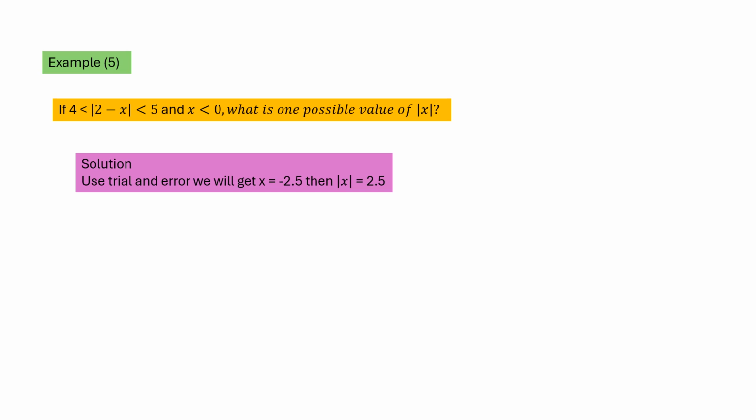But if you put negative 2.5, so 2 minus negative 2.5 will be 2 plus 2.5. So 2 plus 2.5 will be 4.5. So 4.5 is greater than 4 and at the same time less than 5. Since the